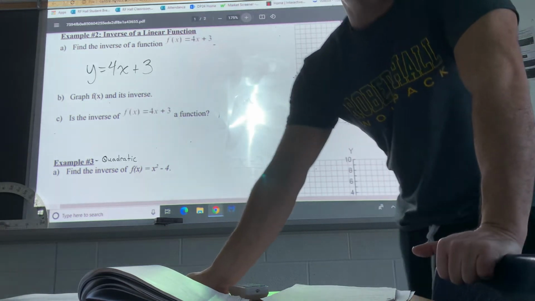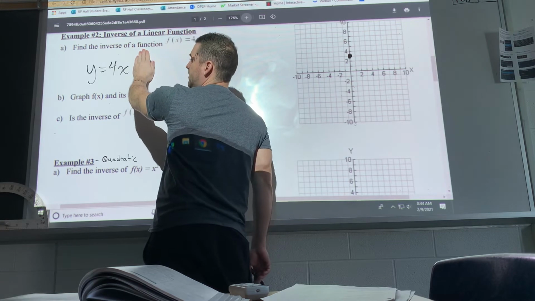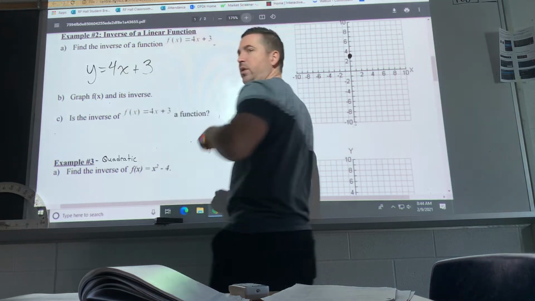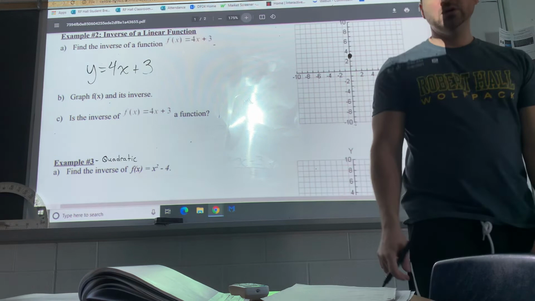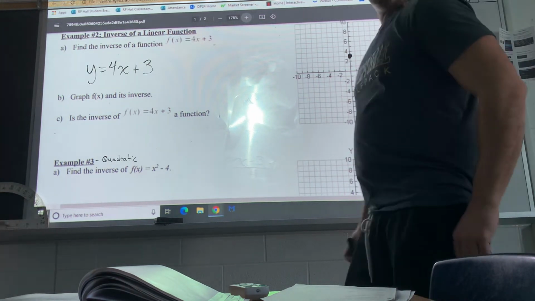It would be 0, 0 if we didn't have the 3 here. So if it was just y equals 4x, then it would be 0, 0. But the plus 3 moves it up 3 spots, which is your y-intercept. Okay? Now going back from grade 9,